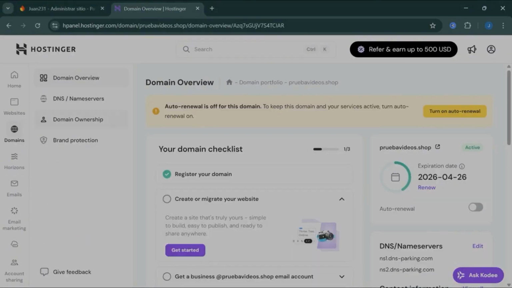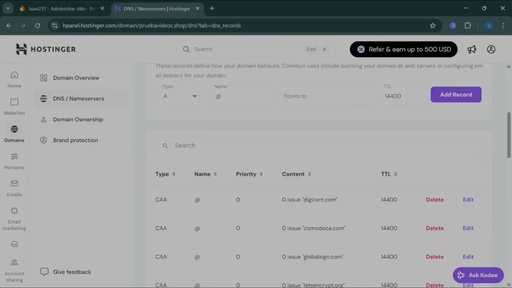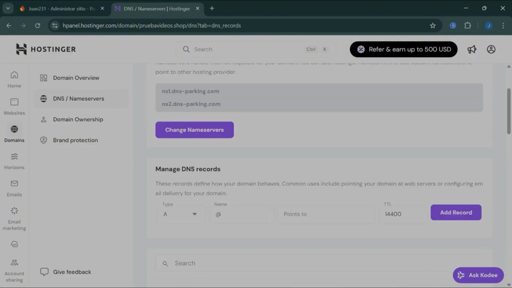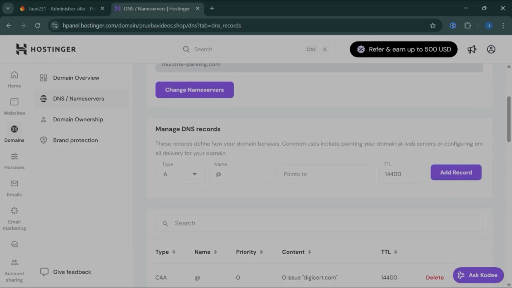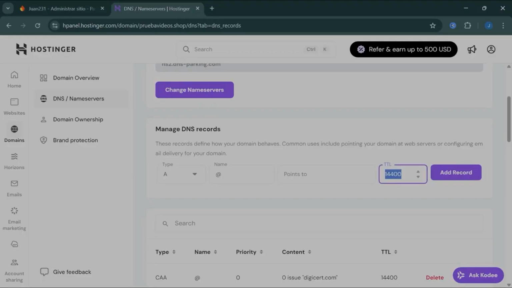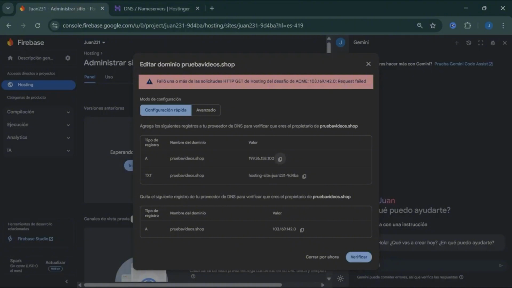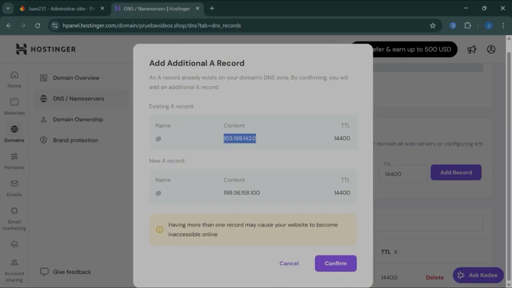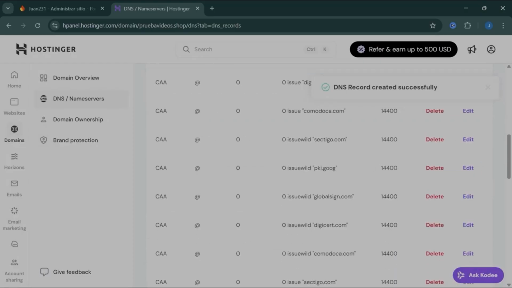Then we head to our domain panel, go to settings. Then we are going to DNS. Inside DNS, we will see everything listed here. Don't copy these exact values. We only want the ones Firebase gives us. For the A record, we paste the value Firebase provides, hit add record, and you repeat this for each value they give you. If you already have something similar created, maybe an old record, just confirm it and delete the